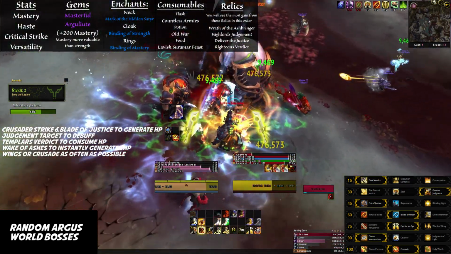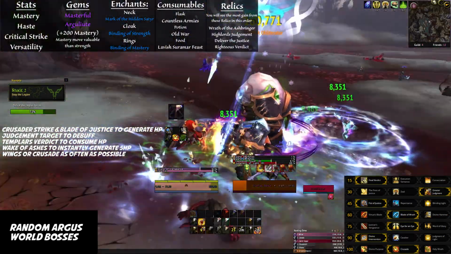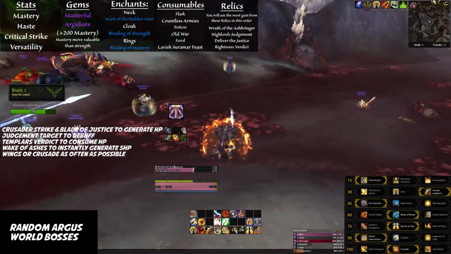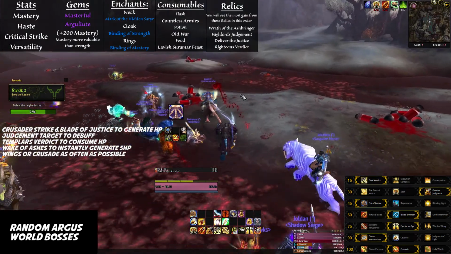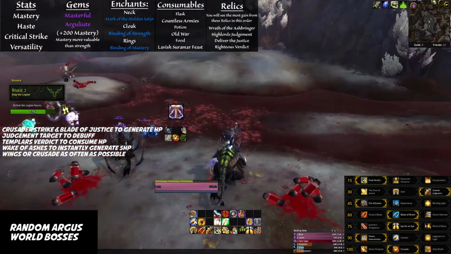Once at 5 holy power, you judge the target and Templar's Verdict to spend your holy power. You will most certainly run out of holy power in your judgment window, so try your best to generate more and spend it before the debuff falls off. Again, you're trying to maximize the amount of damage you do during your judgment window. If judgment still has a couple globals left on its cooldown, you should Templar's Verdict to avoid capping your holy